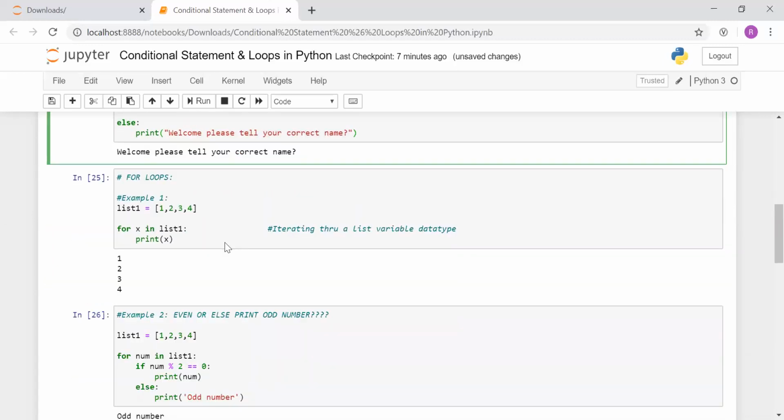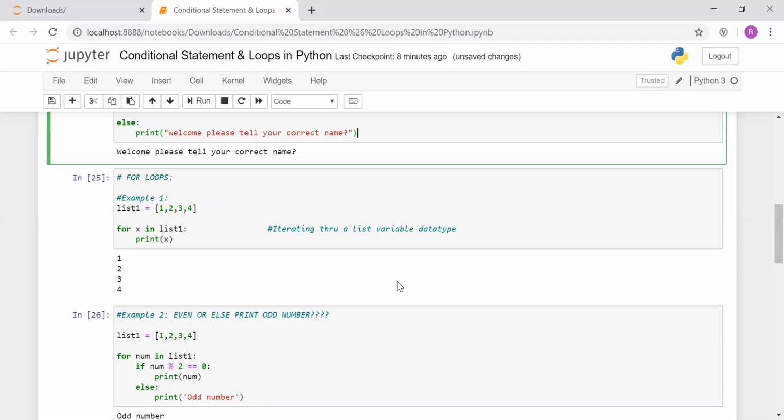So now, after those conditional statements, we will be discussing loops. Firstly, what does loop mean? Loop means iterating through and going back again and again until the condition either reaches the end of the iteration, or the condition turns out to be false. But here, in the case of a for loop, the iteration goes through the expression till the last element.